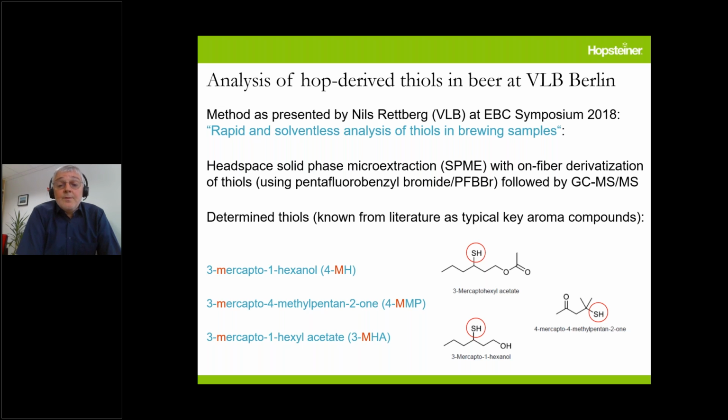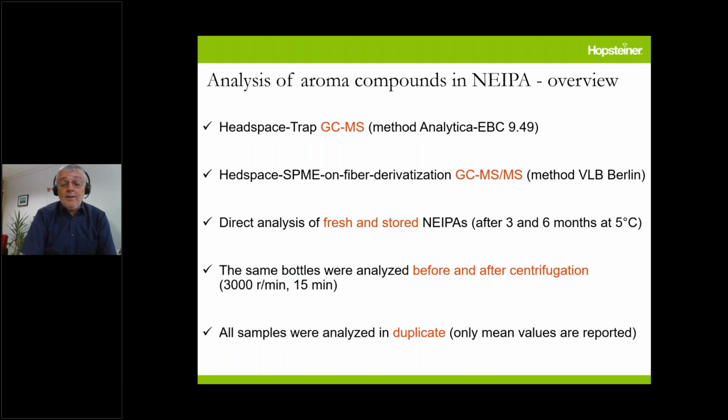They contain the sulfur group, or the sulfhydryl group, also called mercapto group, because you can say to the SH group mercapto or sulfhydryl group. Sometimes these compounds are called, for example, not 3-mercapto-1-hexanol, but 3-sulfhydryl-1-hexanol, abbreviated as 3SH. Both nomenclature methods can be used, but sometimes it's confusing. But please have in mind, S and M, sulfhydryl and mercapto, is identical. So these were the range of compounds that we analyzed.